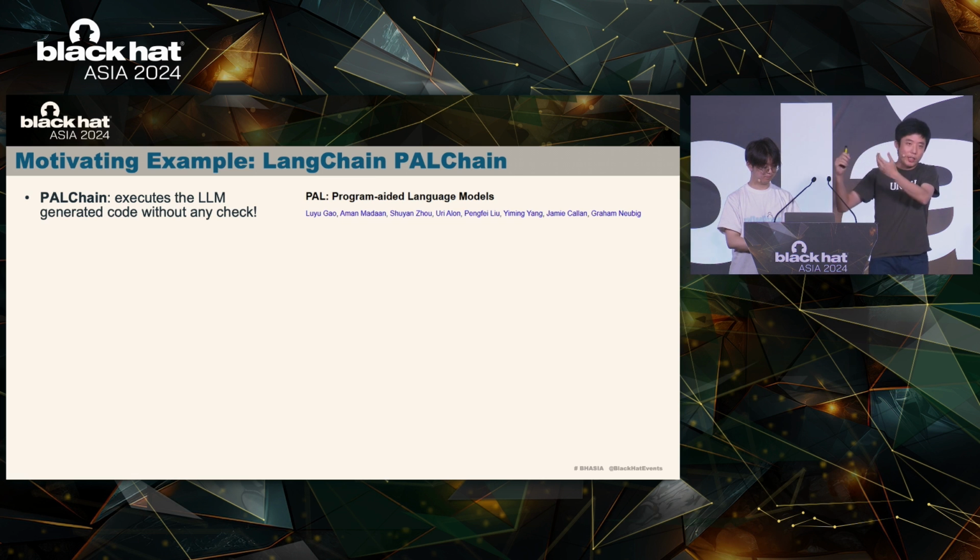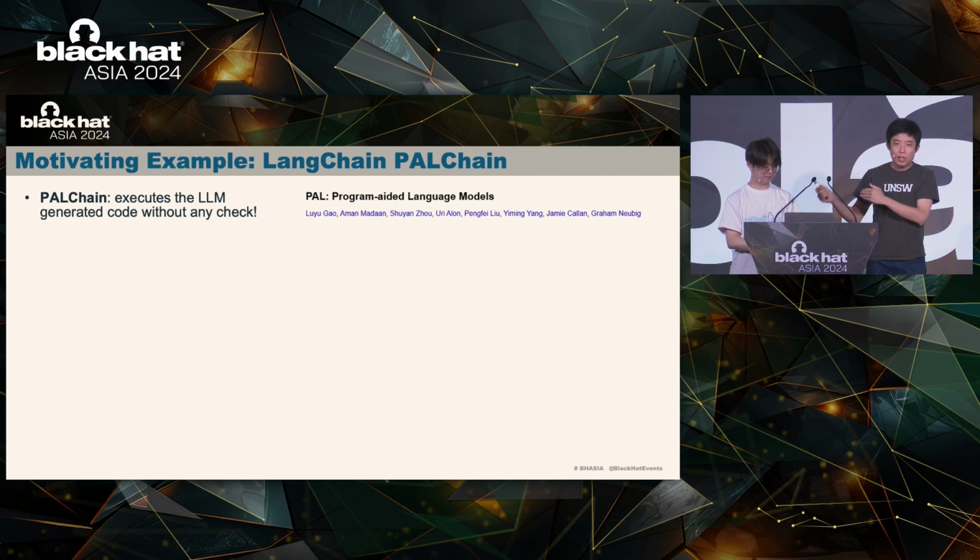As you can see, it is a very useful feature, and it is recognized by the LangChain community as useful. And they decided to implement a chain called PAL chain to allow users to generate code through large language models and